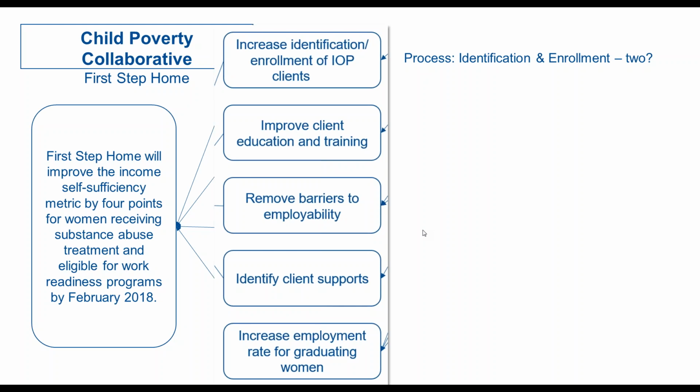The next one, it says improve client education and training. And to me, there are two things again here that are embedded. The structure is knowledge. So anytime we're talking about education, we're talking about what I would call an intangible structure, which is the presence or absence of knowledge in a person. And in this case, for a client. And so we're asking, does the client have this particular set of knowledge or do they not? And as such, if they don't, then we might have a set of ideas about how to change the nature of knowledge that they have or don't have.